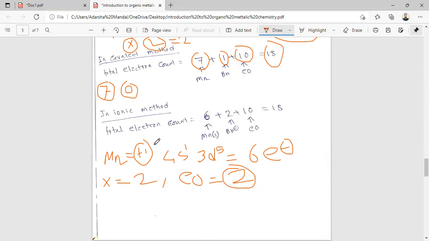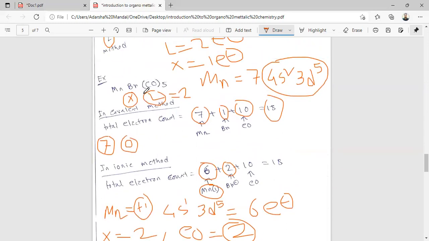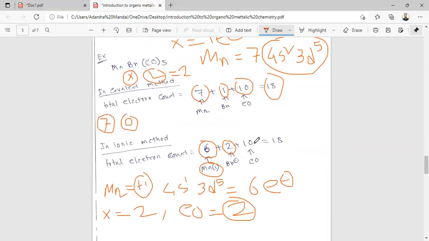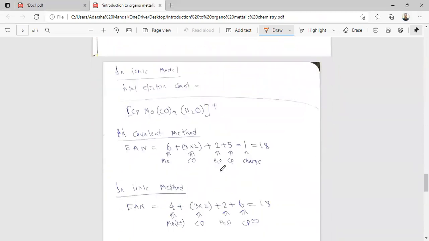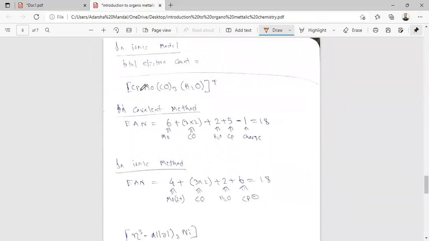So the total electron count will be 6 from the Mn+1 oxidation state, and 2 from the bromine, and each of the 5 carbonyls will donate, so a total of 10 electrons. So the overall electron count is 18. So in both the covalent and ionic methods, the electron count is the same, but the procedure is different. So the next example is